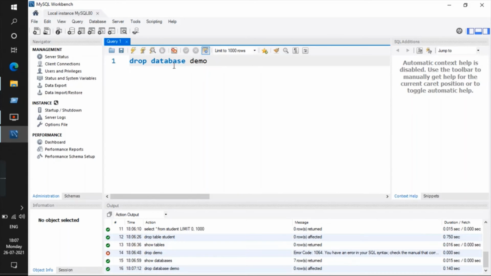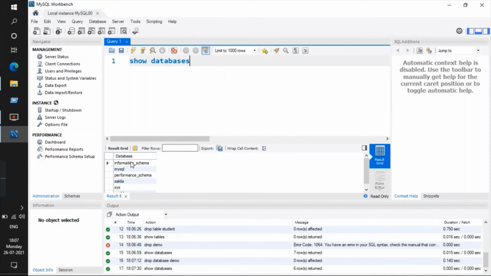Yeah, you need to use drop database, then the database name: drop database demo. It got executed perfectly. Let's check if it got deleted or not. Databases. Yeah, you can see here no demo is there.